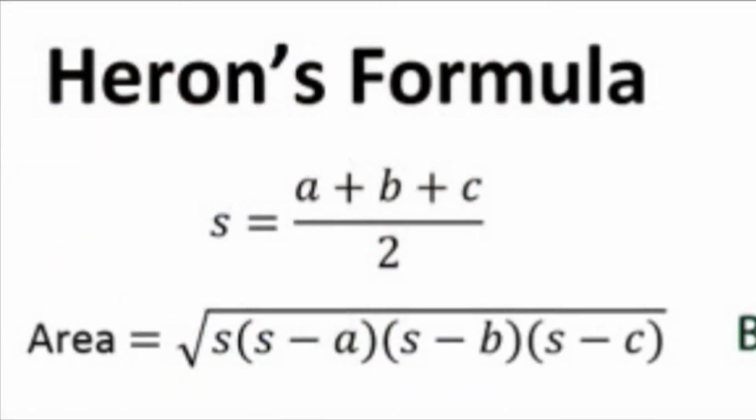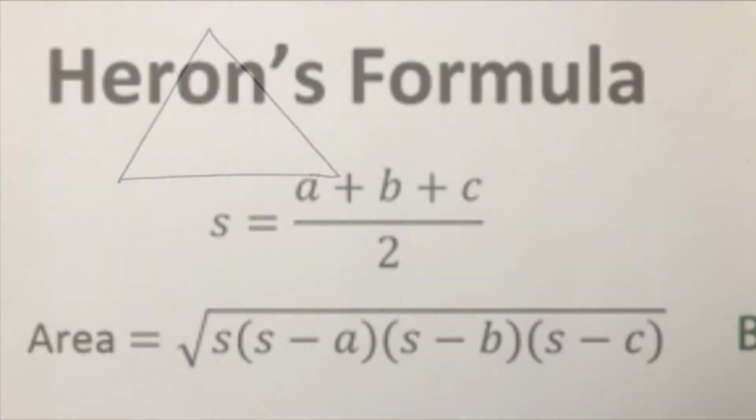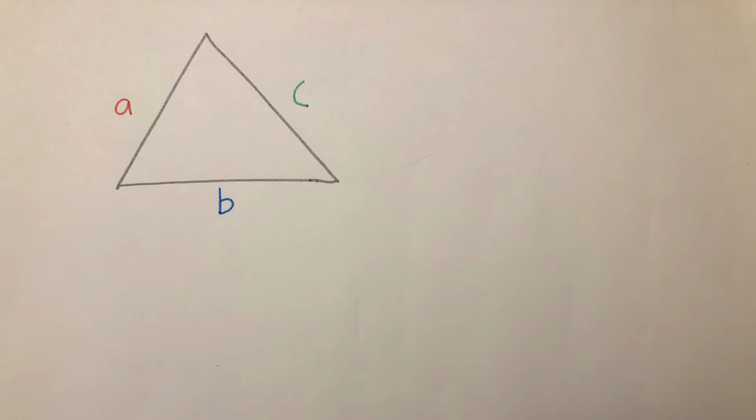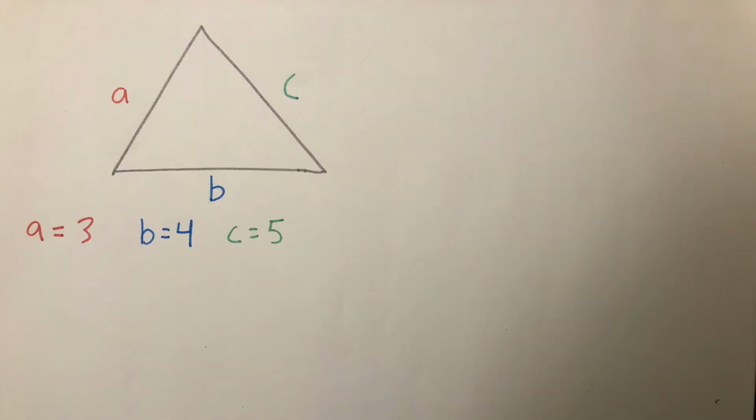Heron's Formula, also known as Hero's Formula, is an equation used in geometry and trigonometry with the purpose of finding the area of a triangle using its 3 sides. Let me show you an example. Here we have a triangle with sides A, B, and C. Side A is equal to 3, side B is equal to 4, and side C is equal to 5. Although we do not know any of the angle measures in the triangle, we can still solve for the area